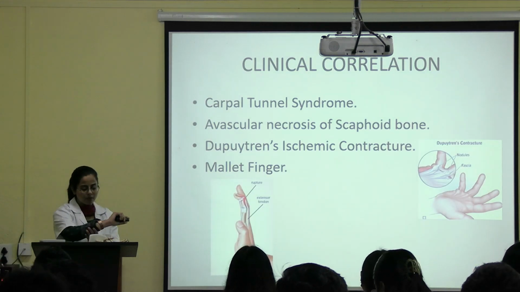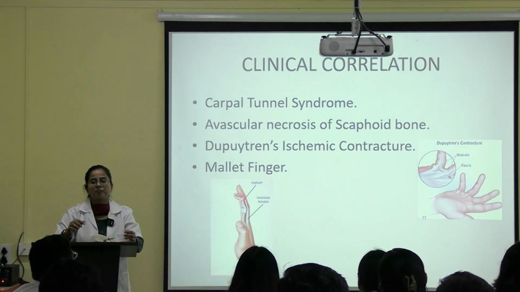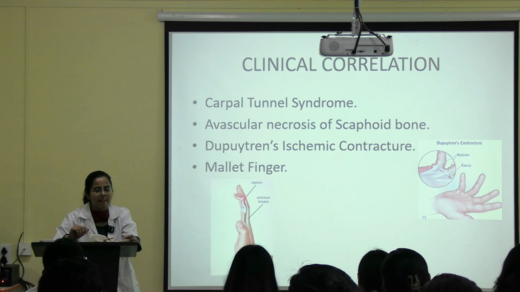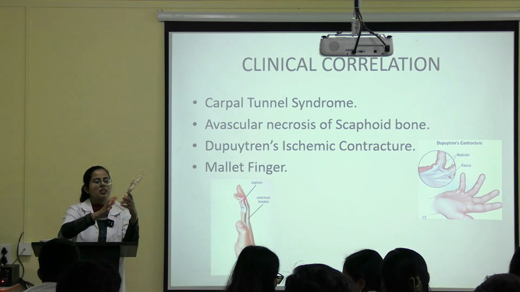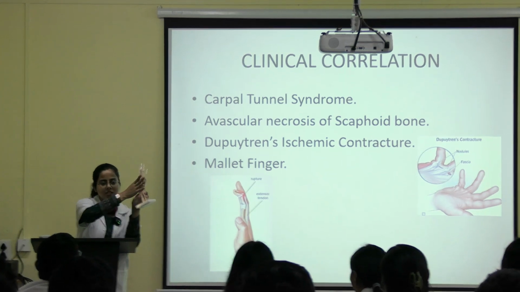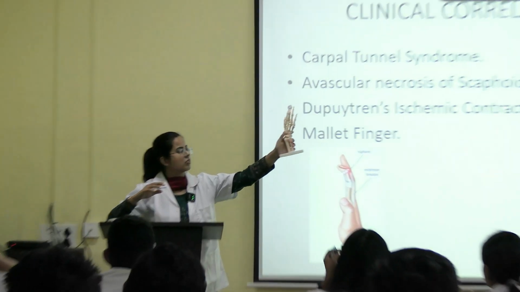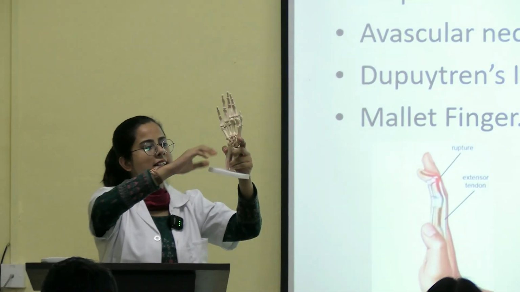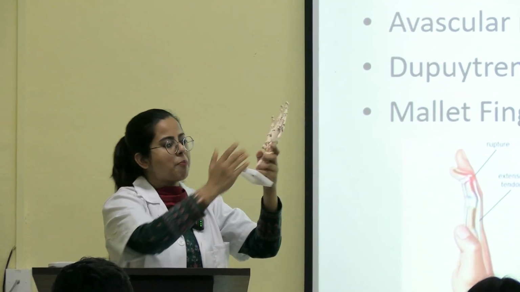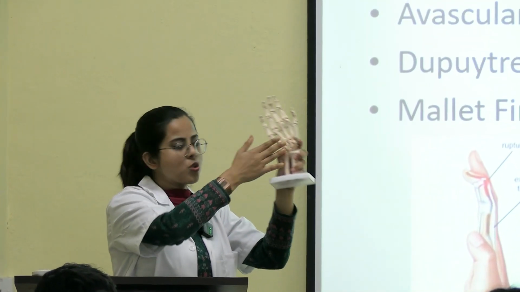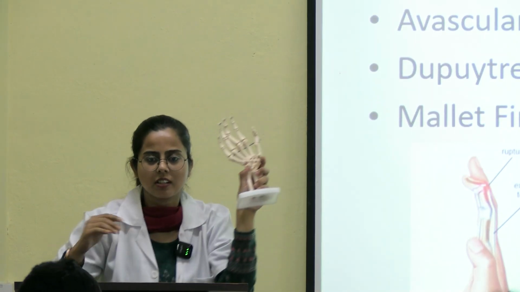Now anyone can tell me what is the meaning of carpal tunnel syndrome? So this is what surface? Dorsal. So dorsal, medial and lateral surface is in the shape of a convex. Okay, and the palmar surface is concave. So flexor retinaculum passes over it.